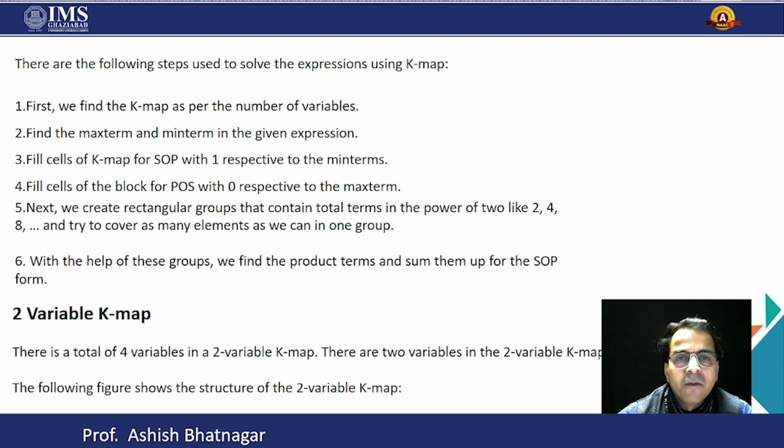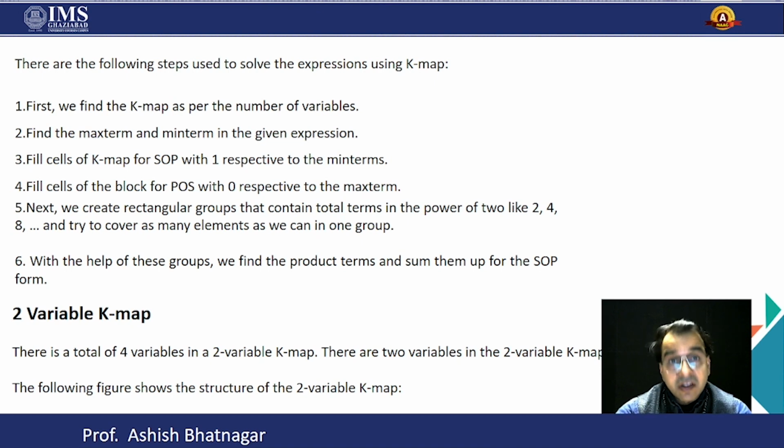First, we have to see whether we can create the groups of 8 with respect to the ones, because we have to focus firstly on the ones. How many groups do we have to create in the form of an 8 rectangular area, a 4 rectangular area, and the last one, a 2 rectangular area? So we have to represent the K-maps one by one.